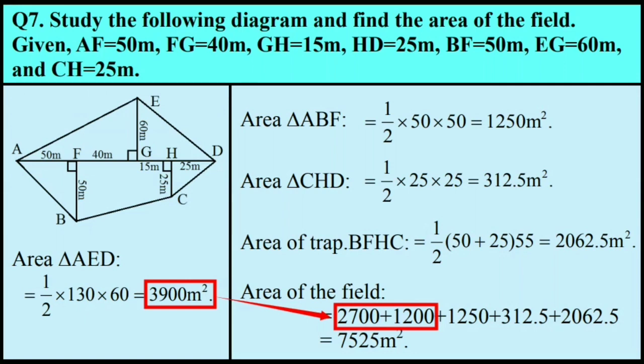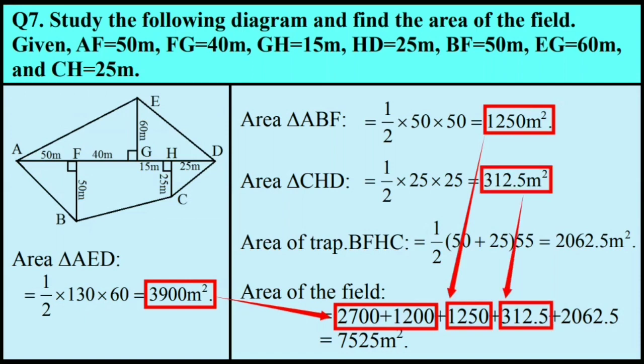These two areas are the area of triangle AEG plus area of the triangle EGD, and altogether it is the area of triangle AED plus the area of triangle ABF, that is 1250, plus the area of triangle CHD, that is 312.5 meters square,